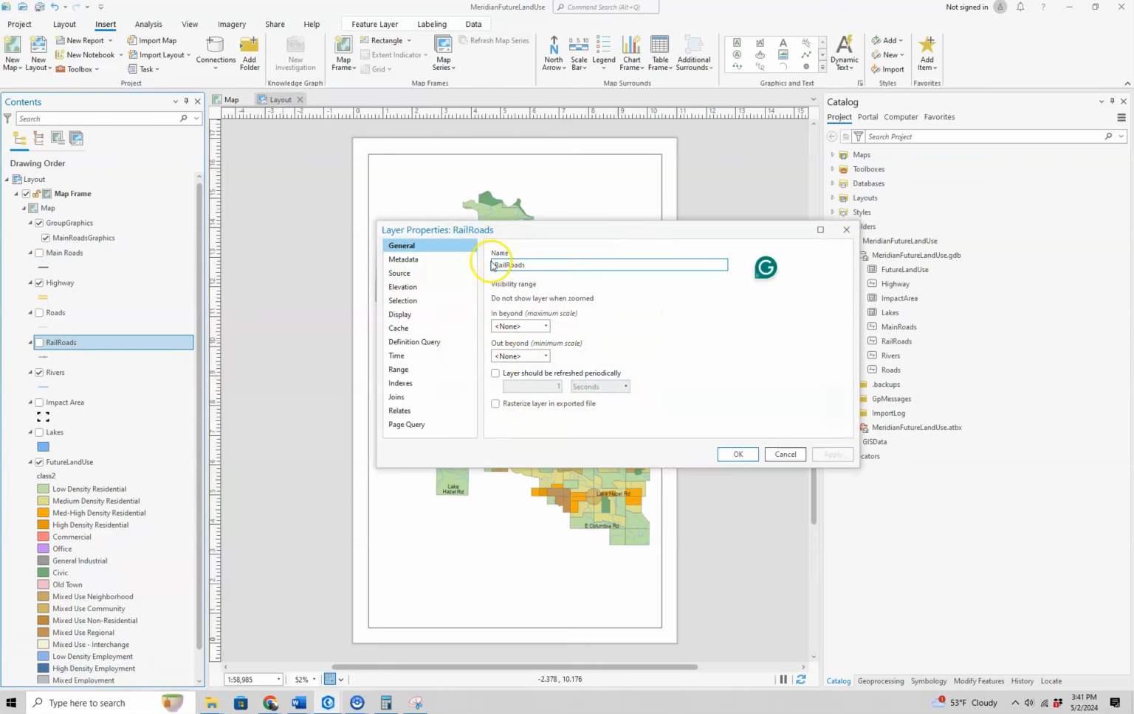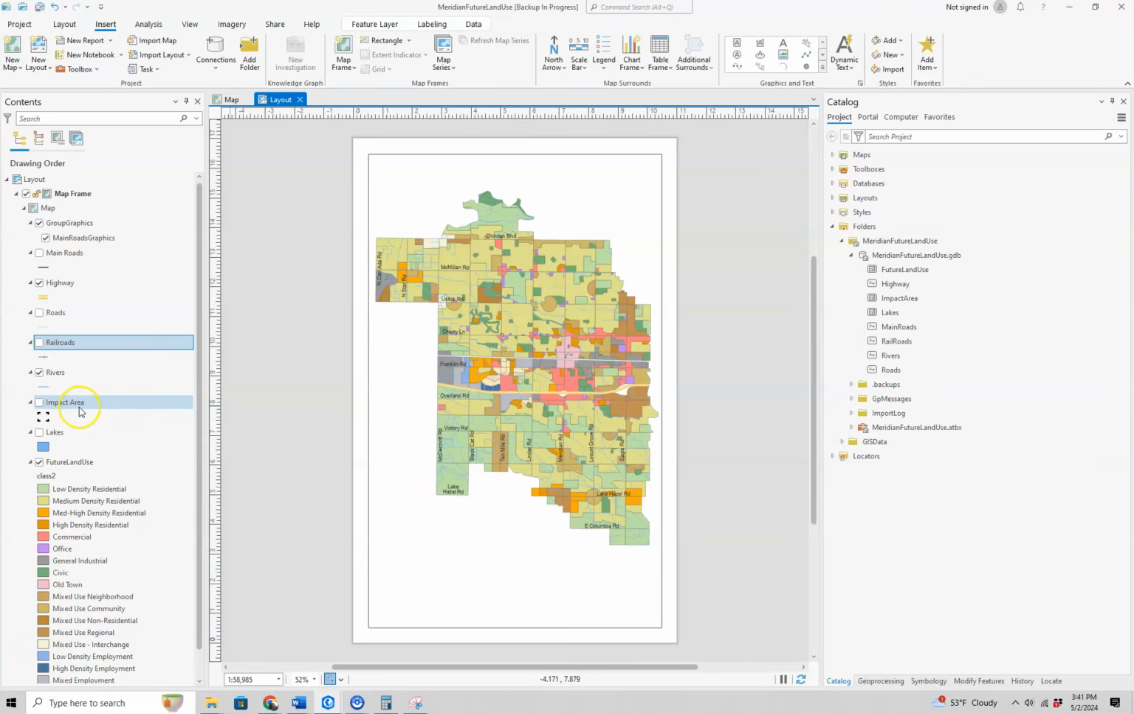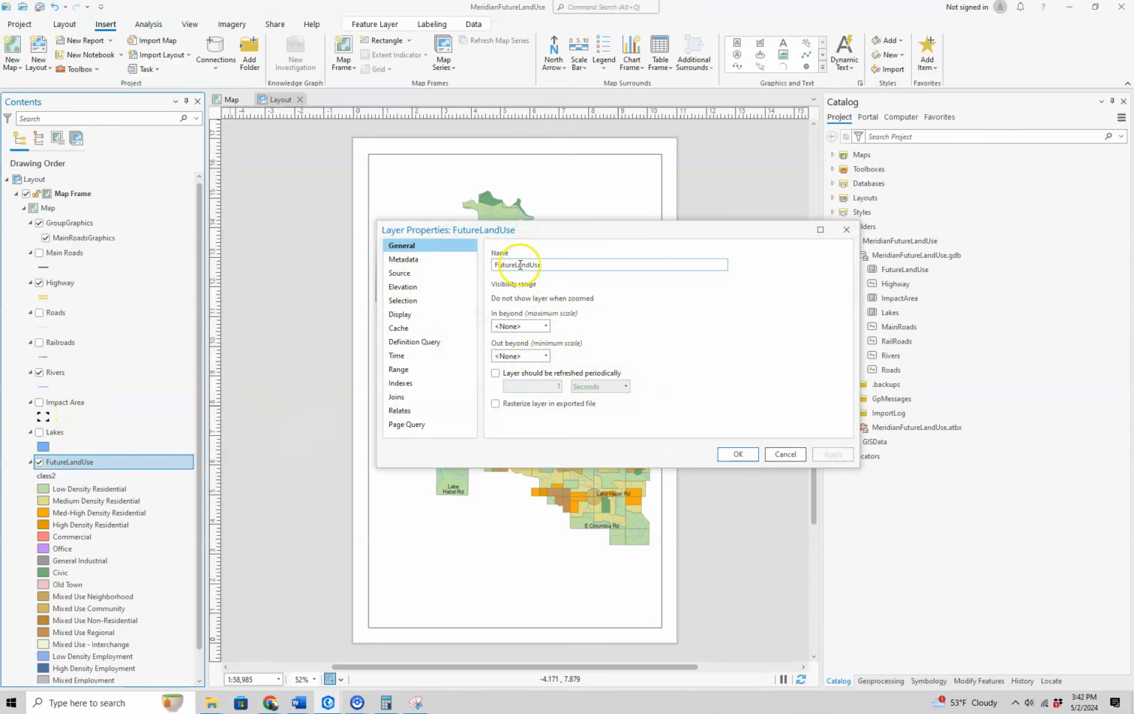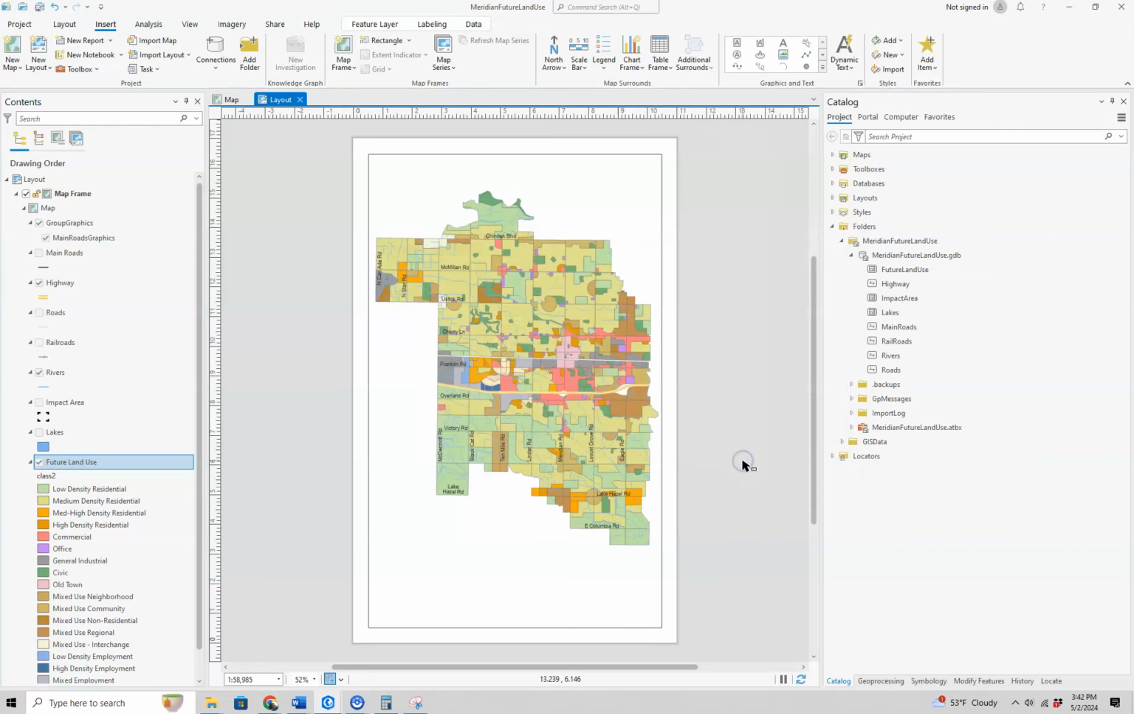So let's go in here. R, railroads. Rivers, impact area should have a space in there. Properties here, so future land use. Okay. So the important thing to note here is we changed the name in the table of contents, but this